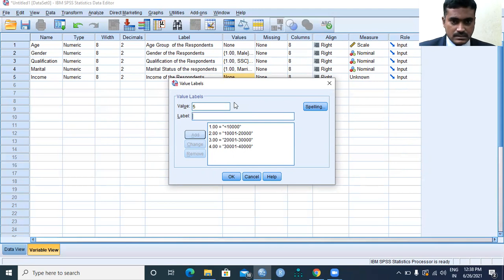Suppose 5 means 40,001 to 50,000. If you can add this, right?